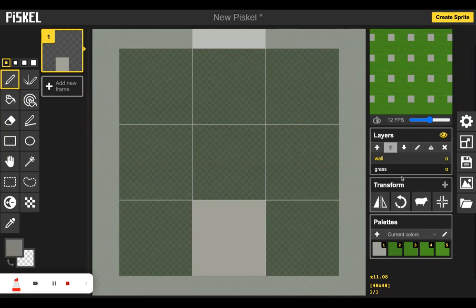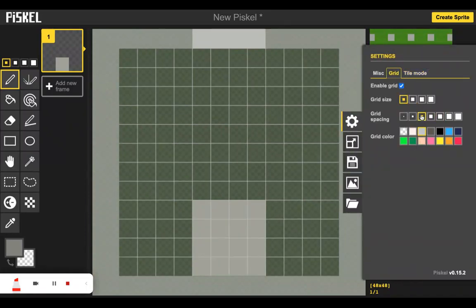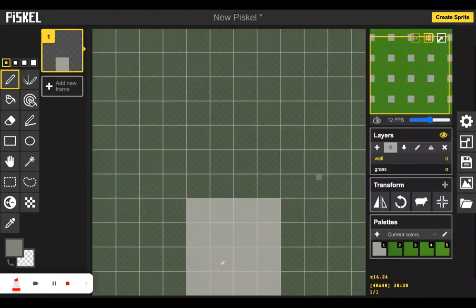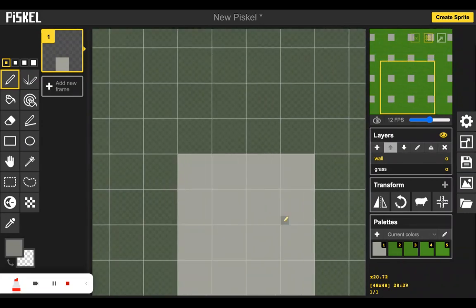Now, at this point, I am going to switch up my grid just so that I can kind of break this down into 4s. Right now we're using a 16 by 16 grid, but now I'm just going to be working just in here, and so having a slightly smaller grid will be beneficial. So I'm going to go to my preferences, my grid, and take this down to 4 pixels, and zoom down here, just so we can see it nice and big. You can kind of see what I'm working on. So we got about 4 pixels here